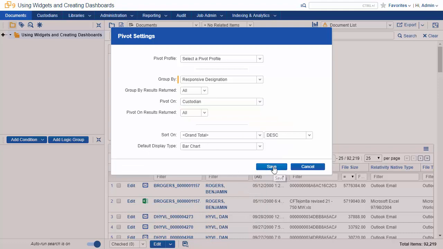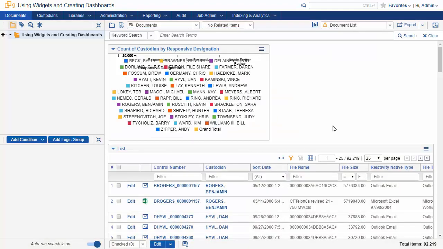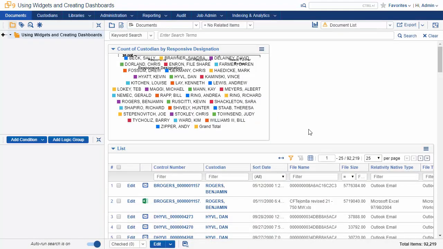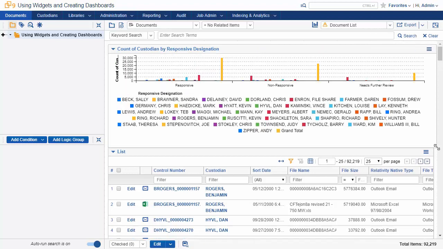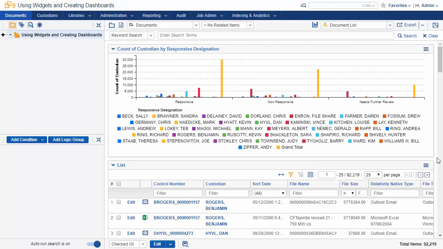Next, I'll click Save. That's hard to see. I'll click and drag on the corner of the chart to expand it. It looks a little better now, but because this case has a large number of custodians, the chart has a very long tail,